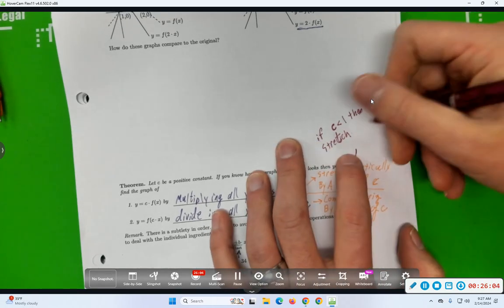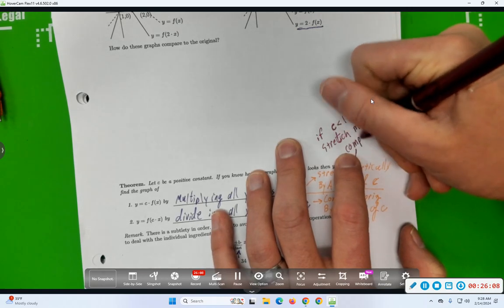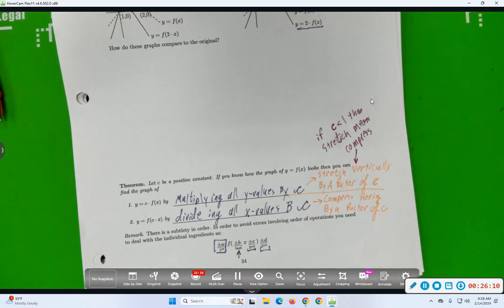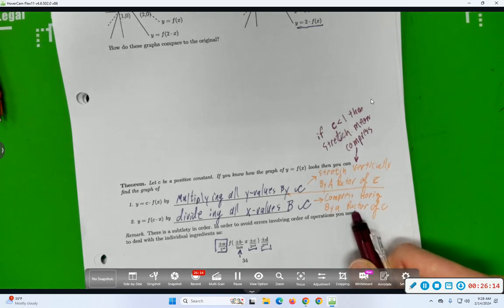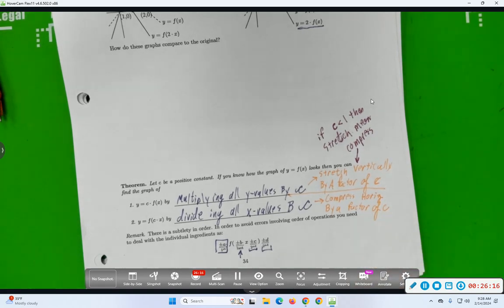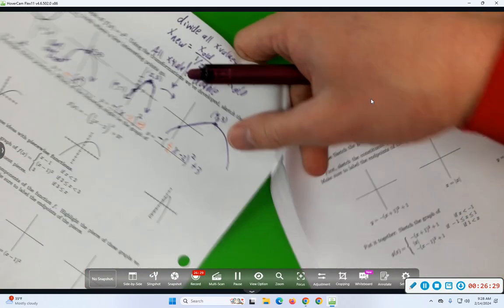So if c is less than 1, then stretch means compress, and conversely. What we did in the previous one is we compressed by a factor of 1/2, which meant we stretched by a factor of 2. That seems sensible? People feel pretty good? Think you'd do an example on your own? Nice. Before I do that,